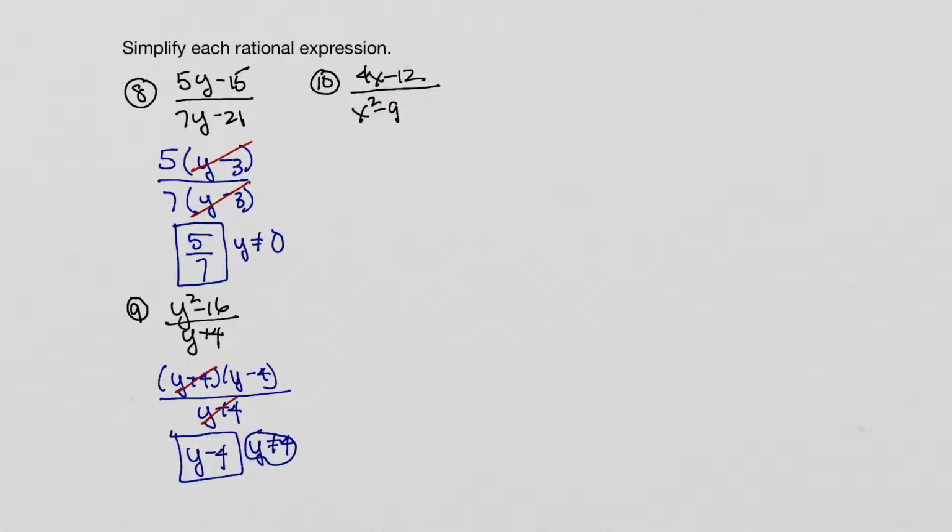Number 10, let's factor. We can take a 4 out of here, and in the bottom we have difference of 2 squares. So we are going to take that 4 out, we'll be left with x minus 3, and in the denominator, we'll get these conjugates, right? X and x, 3 and 3, make 1 plus, 1 minus, and now we can see this x minus 3 is common to both the top and the bottom, so we're going to cancel that, and then we're going to be left here with 4 over x plus 3,